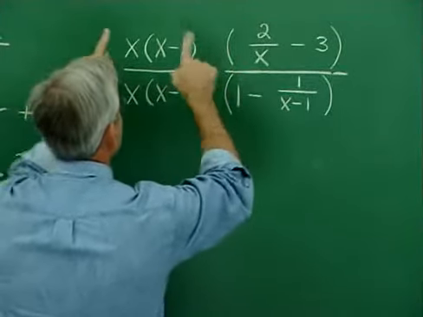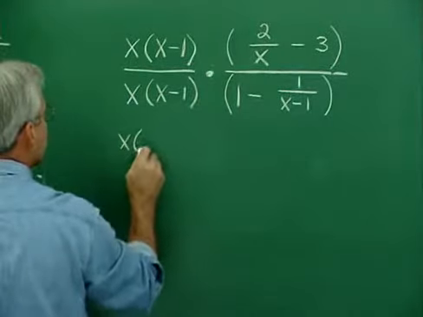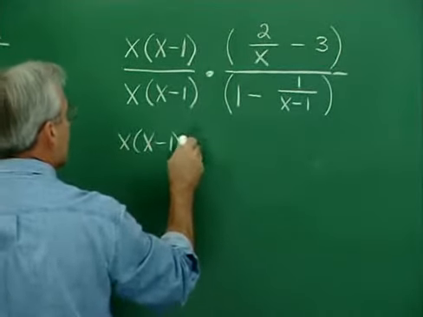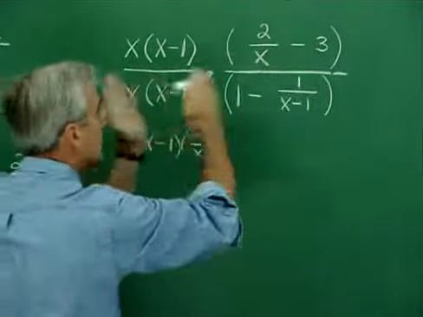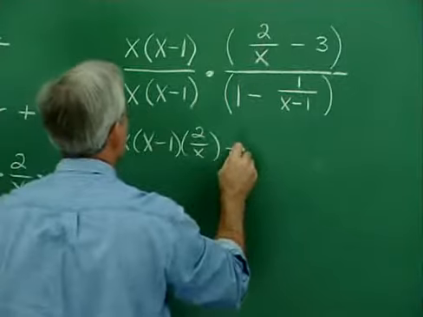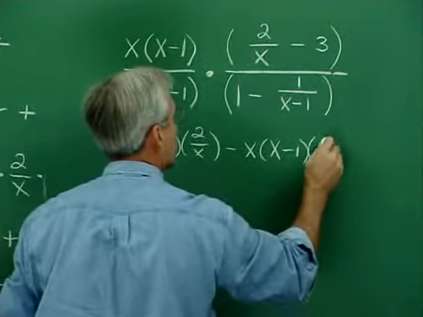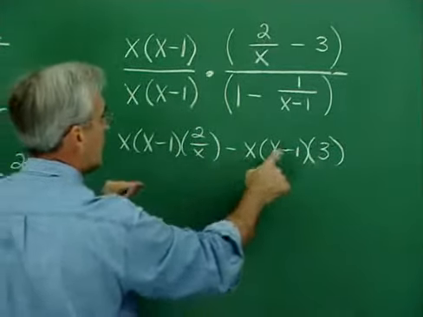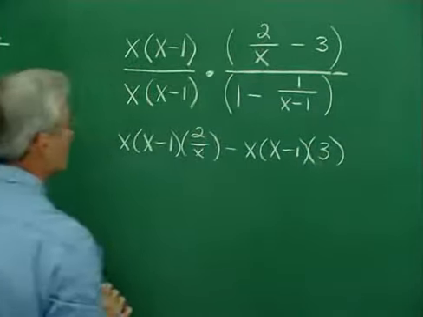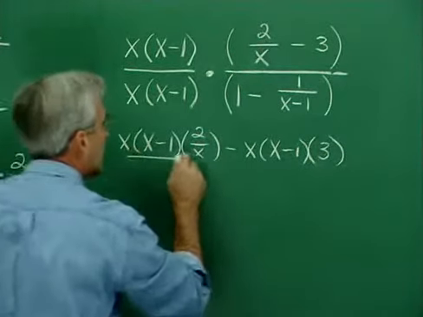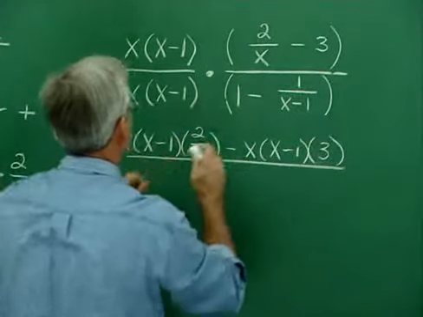I'm multiplying this into this numerator, and so I'll just use the distributive property, you see, to distribute it through those two, and then minus x times x minus 1 times 3. Now notice the minus sign and the 3 here. I just put this right in between those two. All right? And then in the denominator, it's a very similar idea. It's this times each of those two. So it's